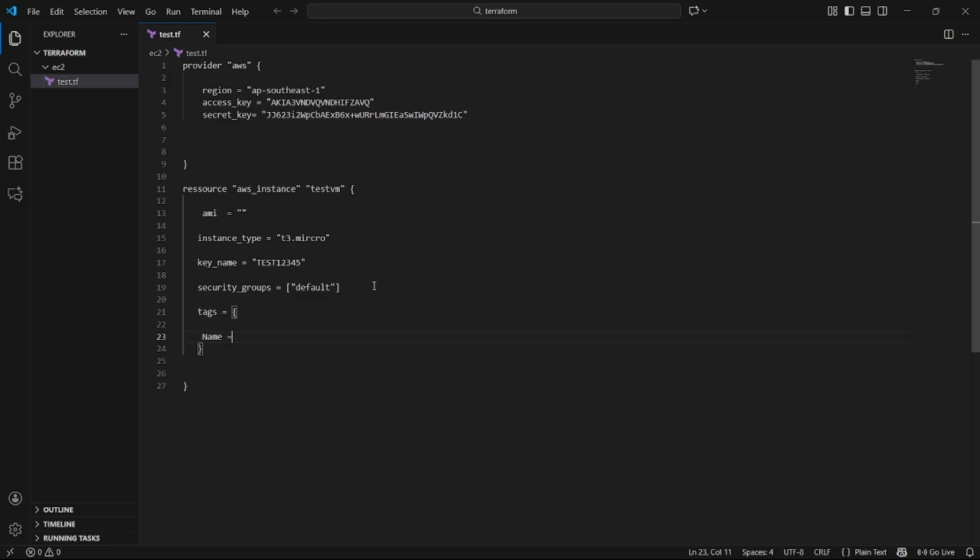What is my machine's name here? Suppose I'm saying that I'm going to create my machines in the UAT environment, so I have just written here the UAT. After that, once we provide AWS, then region, access key, secret key, then resources, aws_instance, test VM,